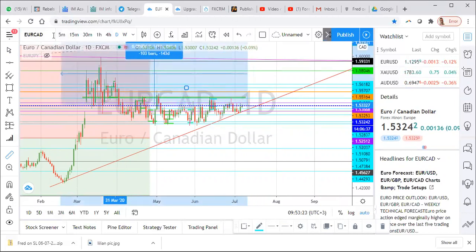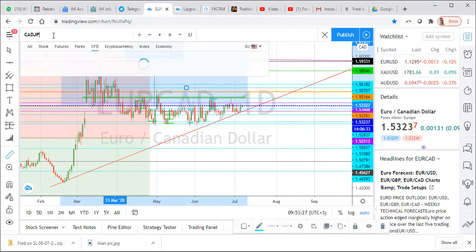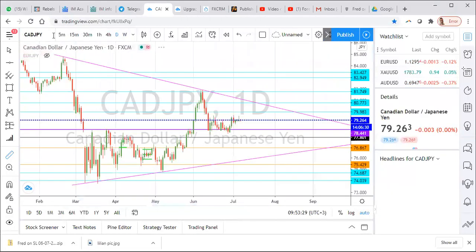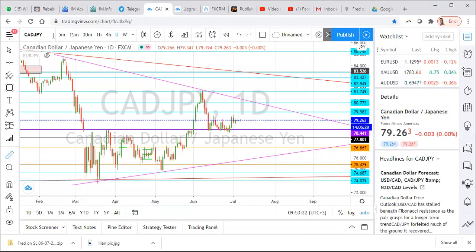So let's see. CAD JPY. Let's look at some minor pairs, we see what's happening. Rejection. CAD JPY. I really see it's on a downtrend for about 150 pips. So let's say 90 to 150 pips, eventually, however long it takes. This could be a long trade. Okay, guys, so 90 to 150 pips.